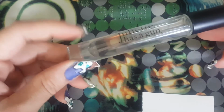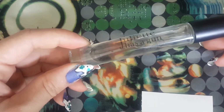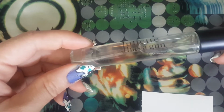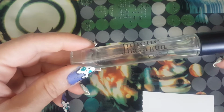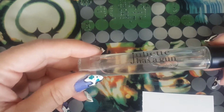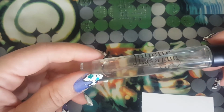When I'm finished with this little travel size of 7.5 ml, I am going to be purchasing the larger size for sure. I'm going to strive to get the 100 ml, but I will get the 50 ml if that's all I can afford. But for $30 more, I could just get double the size. But anyway,